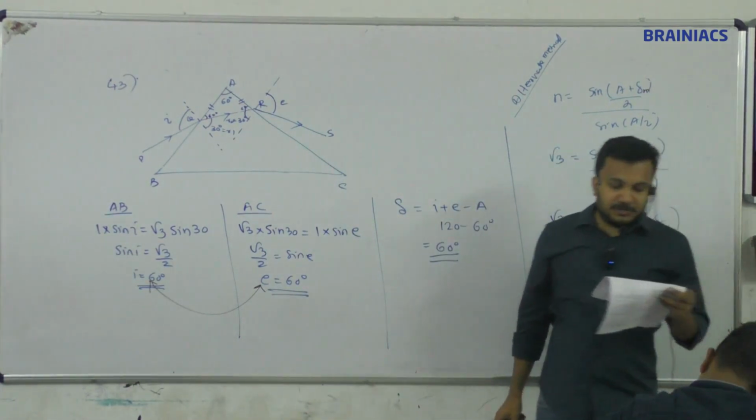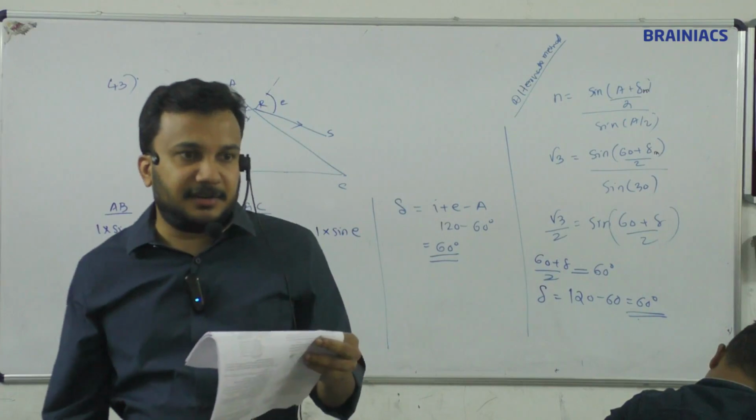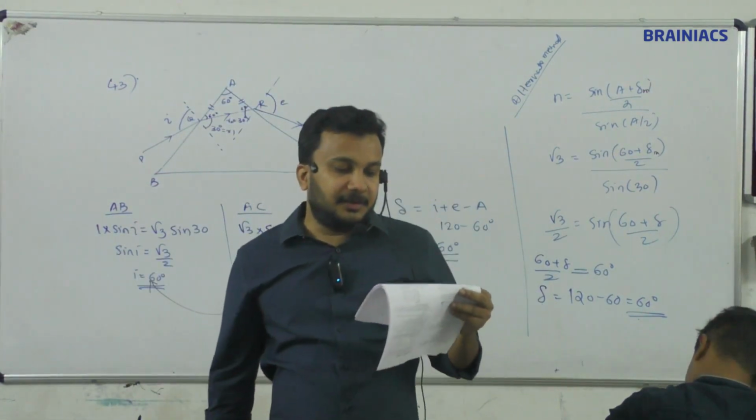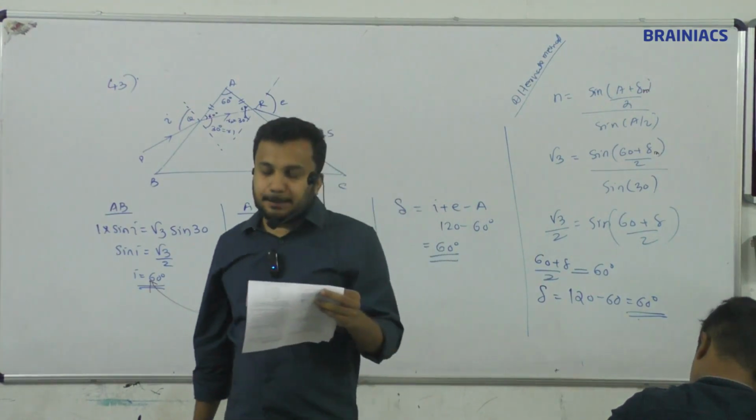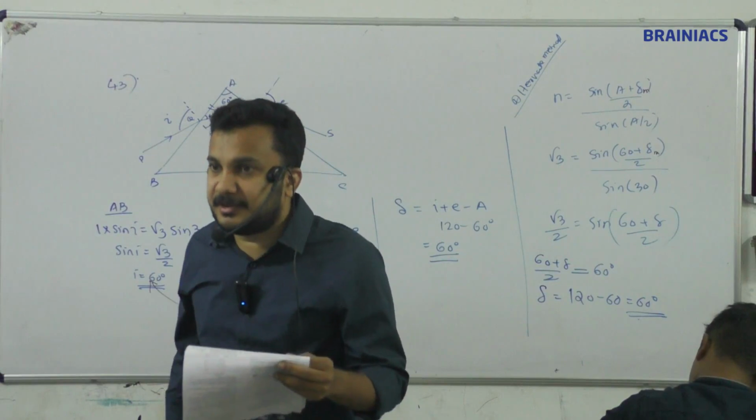Question number 44 is what? When a biconvex lens of glass having refractive index 1.47 is dipped in a liquid, it acts as a plain sheet. This implies the liquid must have a refractive index